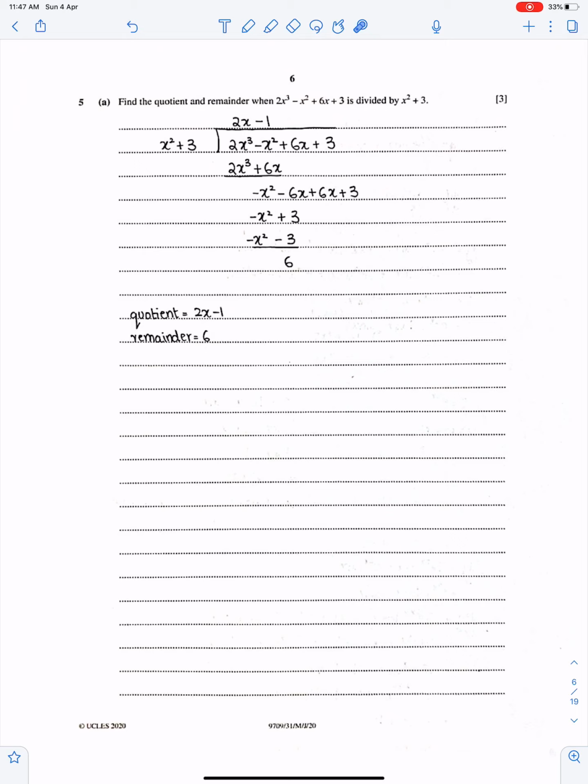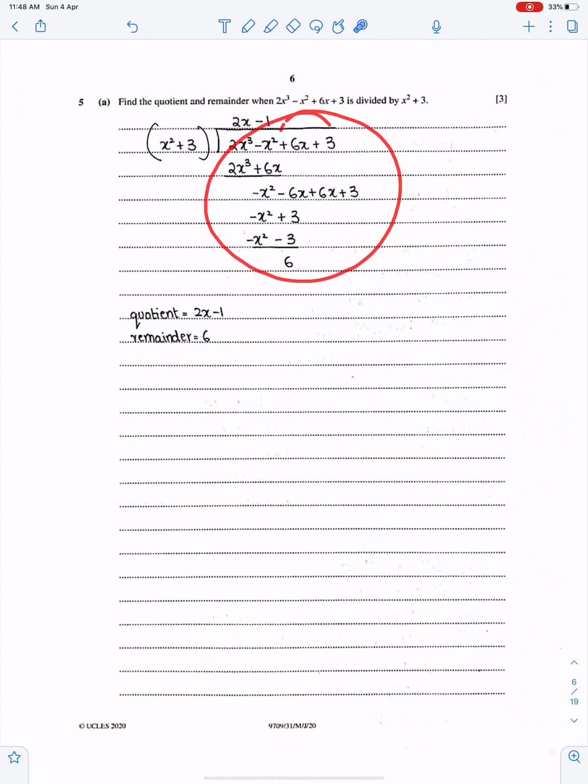Find the quotient and remainder. This is so simple. By using long division method, we can easily get quotient and remainder. This is the quotient and this is the remainder. You all know how to use long division. You divide this first term by this first term, and make sure both the things are in descending order. So when you will divide 2x cube by x square, you will get 2x. So write 2x here and multiply 2x with this bracket